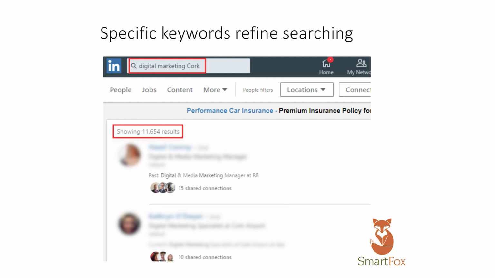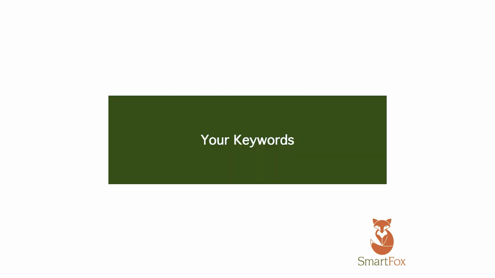So basically, if you put in the words digital marketing Cork, it will only return profiles that match those keywords. So any individual who comes back in that search will have a combination of digital marketing Cork. But this is great for us because we can manipulate the search engine a lot more. So now, your keywords are really, really important,